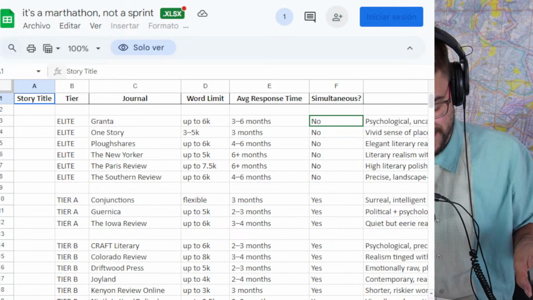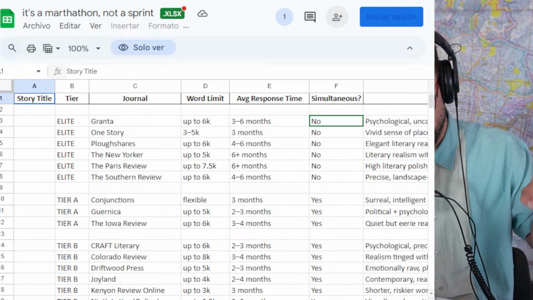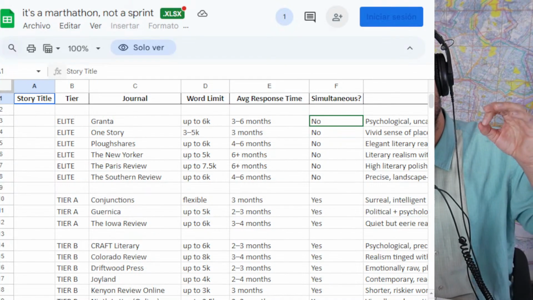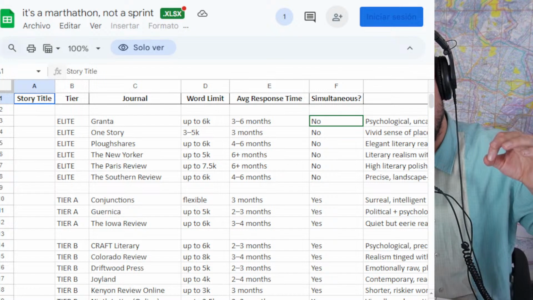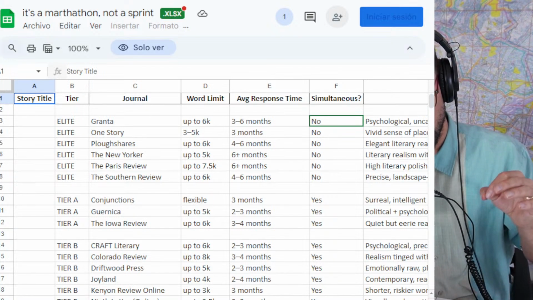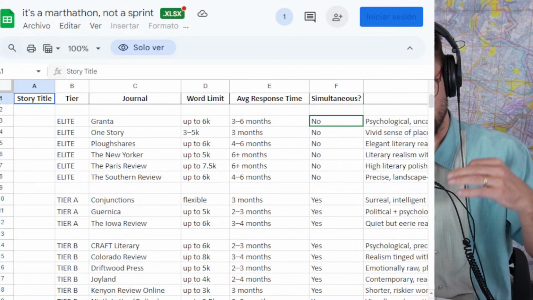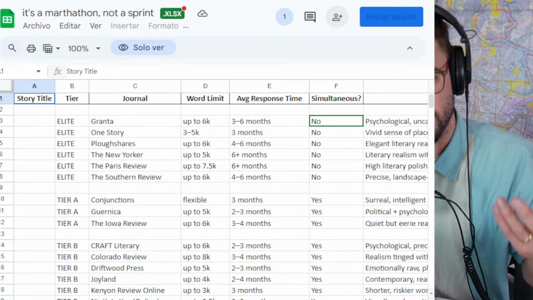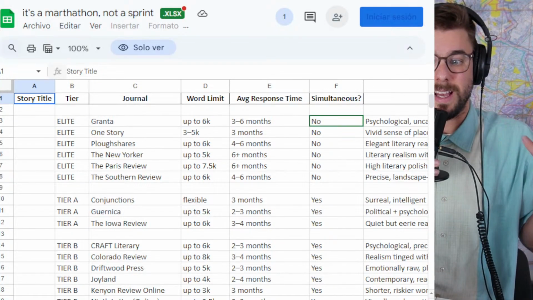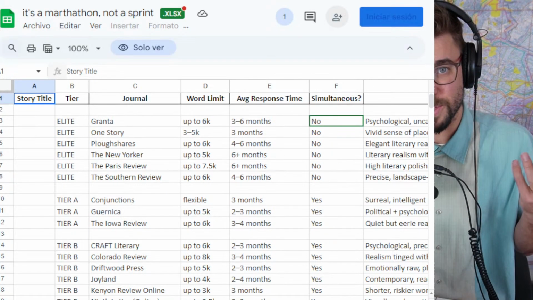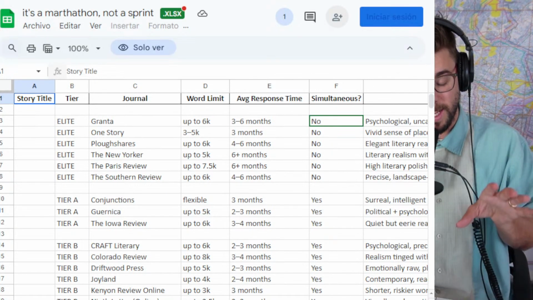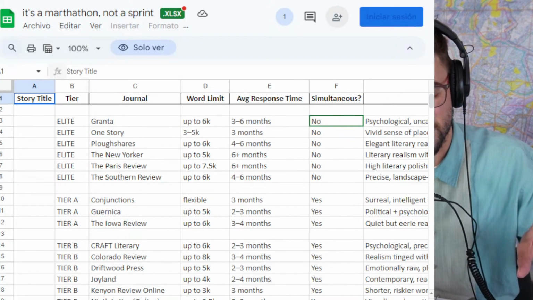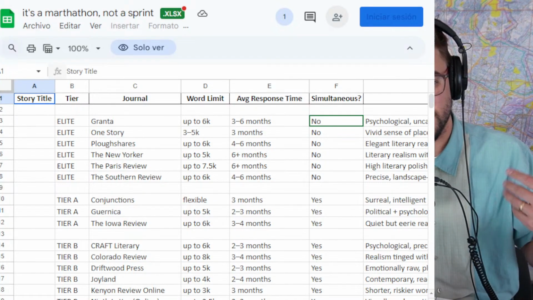Where I'm getting these is a couple of master lists that are out there. I don't have the names of them. I'll try to find them and put them in the video description here. But essentially, there are cross-publication studies that have all these metrics and analytics to assess the prestige of a given publication. Additionally, these lists identify the type of stories that these publications publish to give you a sense of where you